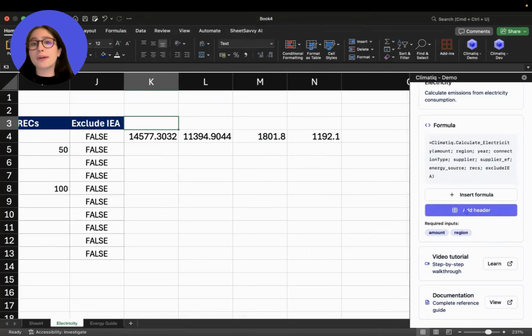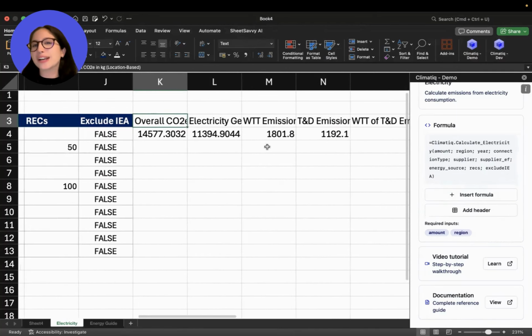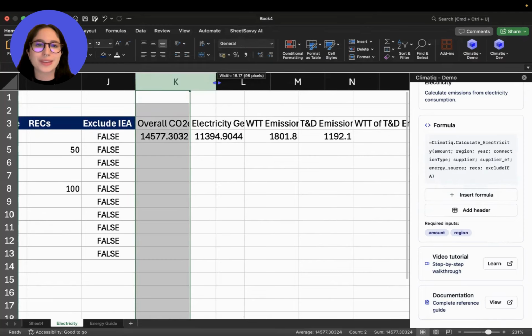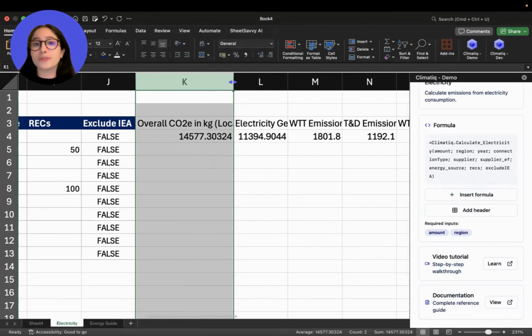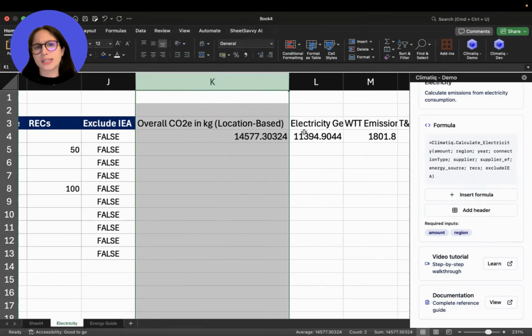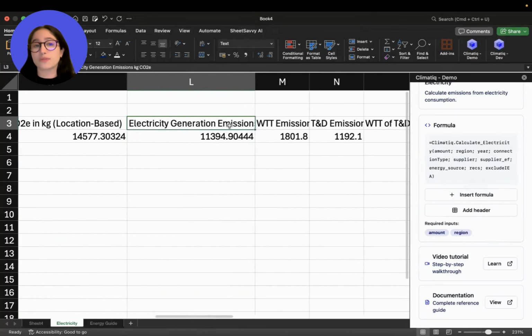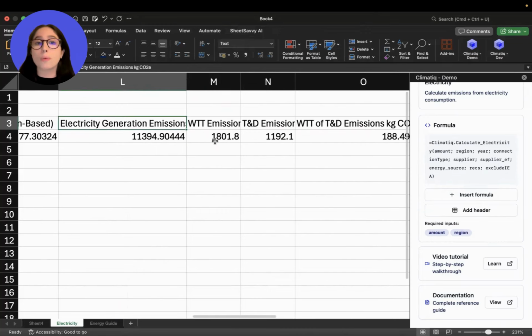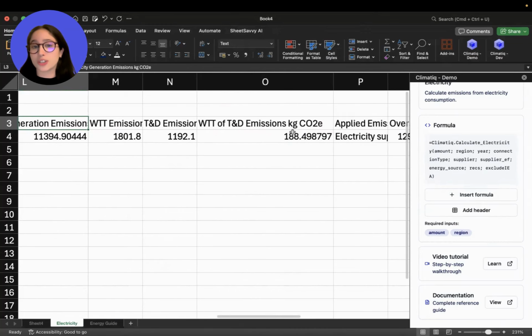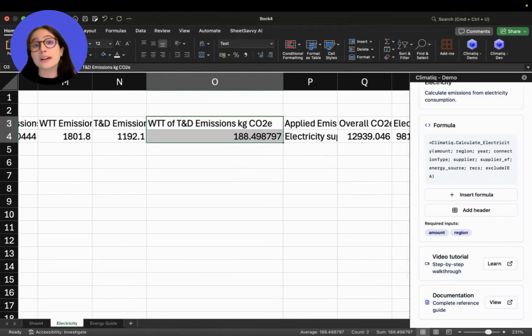Before we look at the outputs, I recommend clicking the Add Header button in the task pane to label the columns. It makes it a lot easier to interpret the results. So looking at the output, you'll first see your total CO₂ equivalent emissions, followed by a detailed breakdown of the emissions from the electricity generation. So this is your Scope 2 emissions from the electricity usage, your well-to-tank emissions, so upstream, your T&D emissions, transmission and distribution, so losses in the delivery,